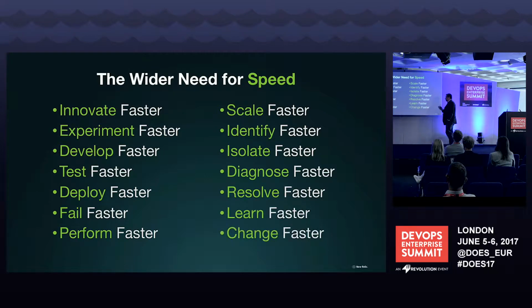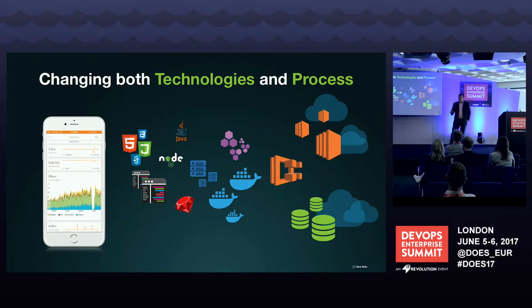Experiment faster, develop faster, etc. The commonly used "fail faster," right? So we're constantly under pressure to do everything faster, whether it's identifying issues, diagnosing the problem, and resolving them, and also learning from our customers, the way they interact with our applications, and then consequently changing and continuing to evolve and innovate to delight our customers in terms of the way they interact with our applications. So in that quest for speed,